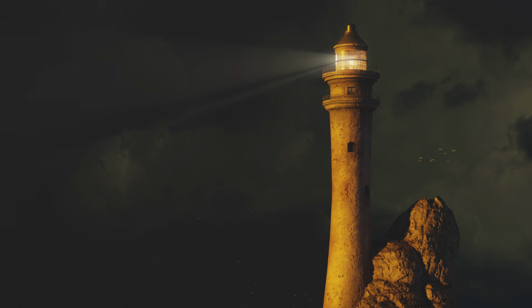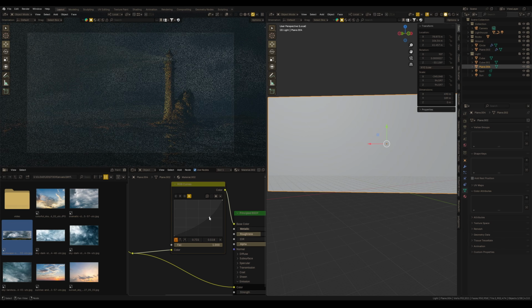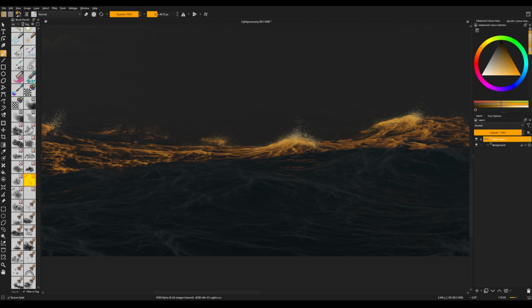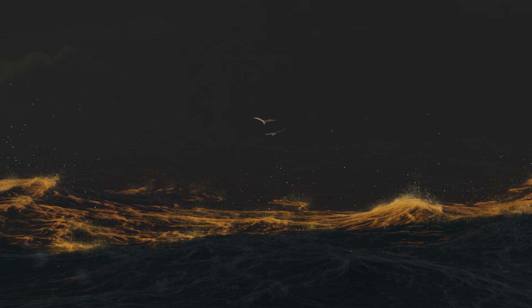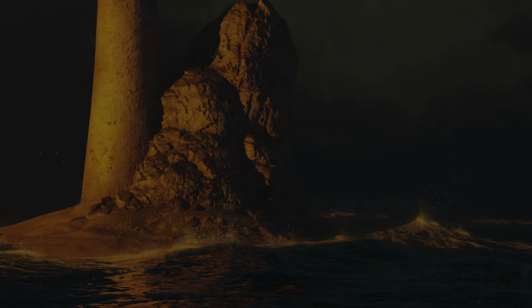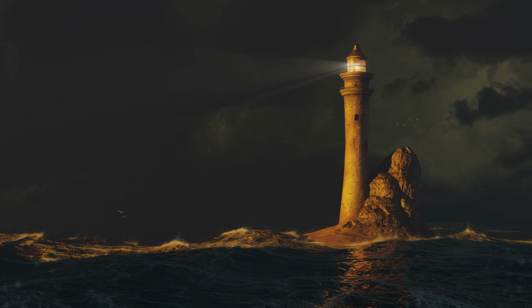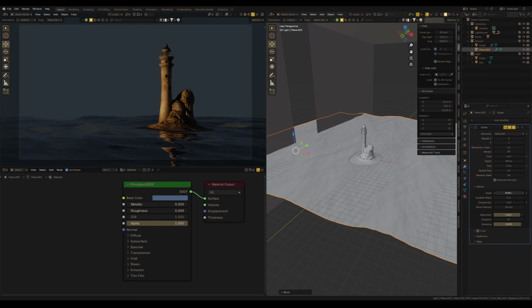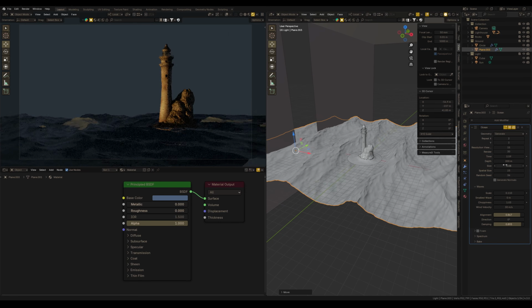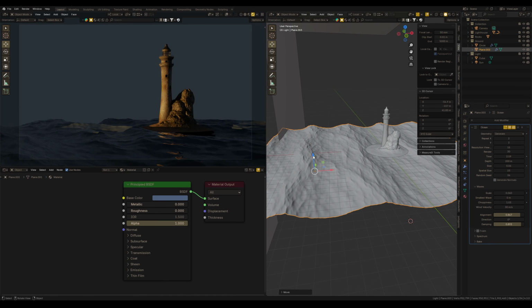How to make light tell a story in your artwork, using lighting volumes in Blender and painting techniques to craft the emotional narrative where every beam of light and shadow adds to the story. I made this lighthouse artwork, and the main idea was that this lighthouse is like a last hope. The last sun ray would fade and everything would sink into the darkness.